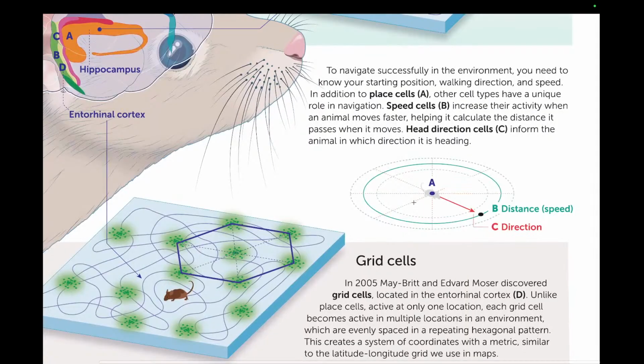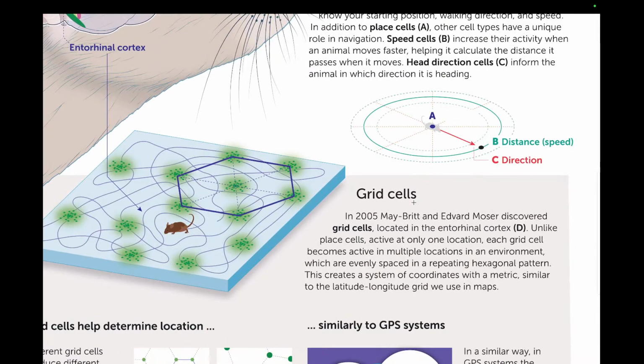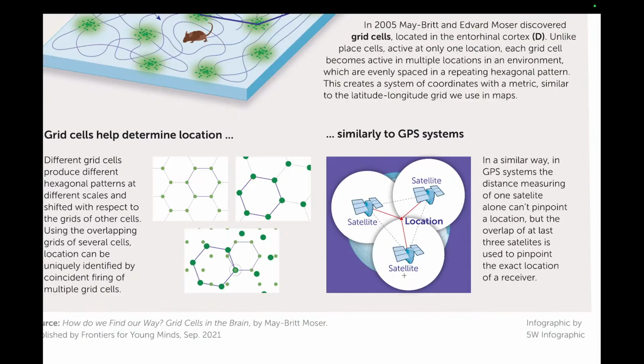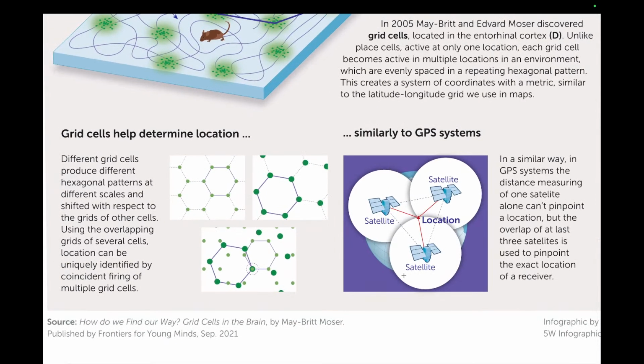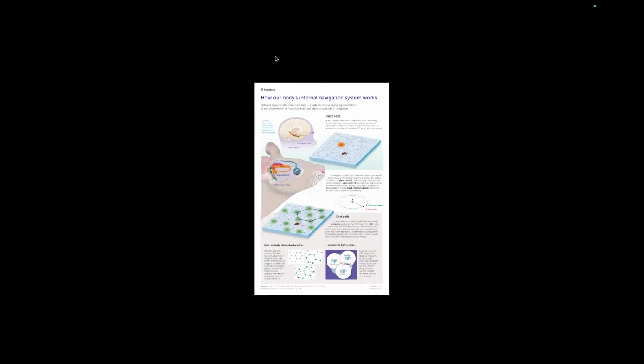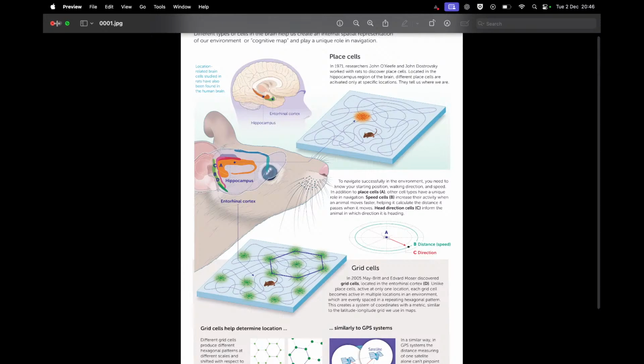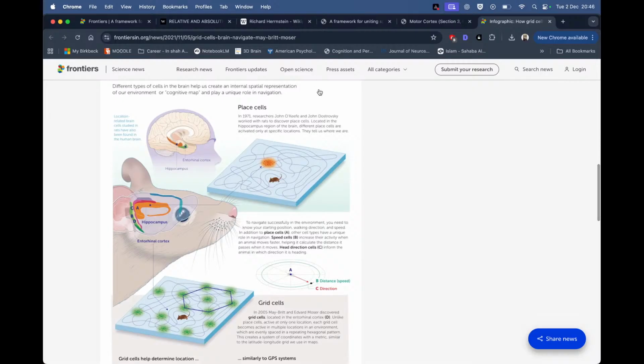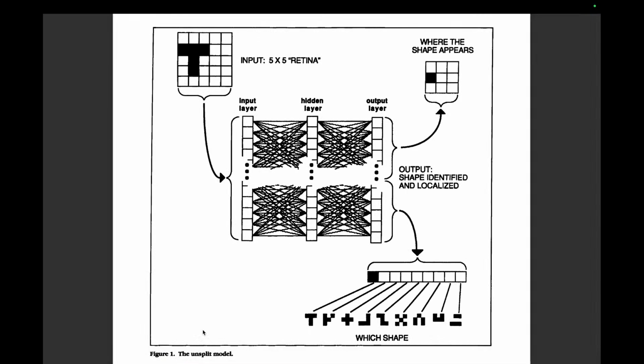So this is something that was discovered about 20 or so years ago by the Scandinavian researchers Moser, known as grid cells, and they look at location and direction. So it's a natural GPS system we human beings have, which is quite remarkable, right? So this article we shall be looking at, inshallah, on the next stream. But for now, I just want to lay the foundations here with this paper I came across, and of course allowing you to go back,